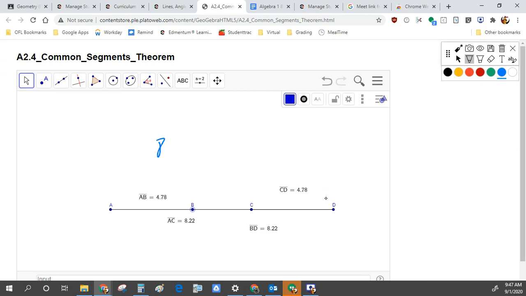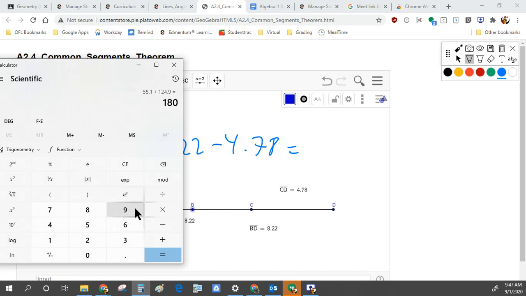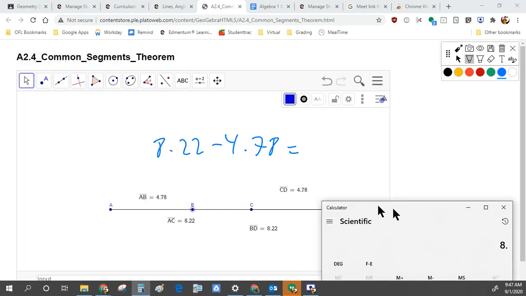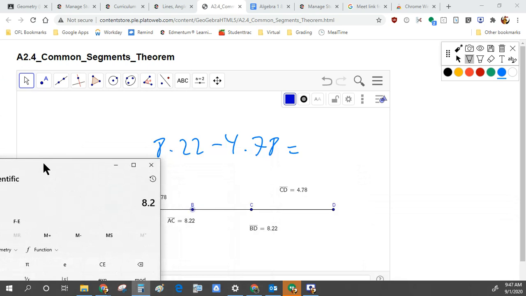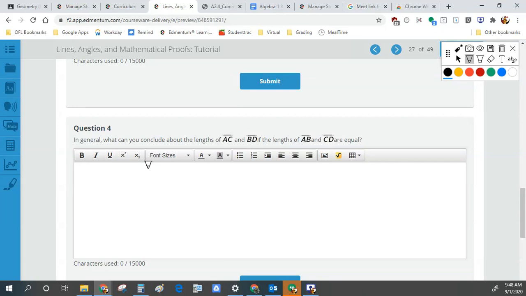One thing that you can come up with that's a lot easier than all that proof I did: if you subtract these, you can say that BC is equal to 8.2222 minus 7 minus 8. You can come up with the exact number, or you can just say something like,